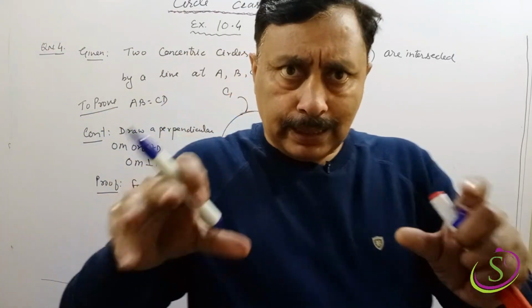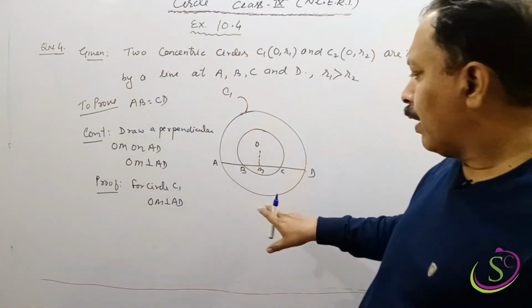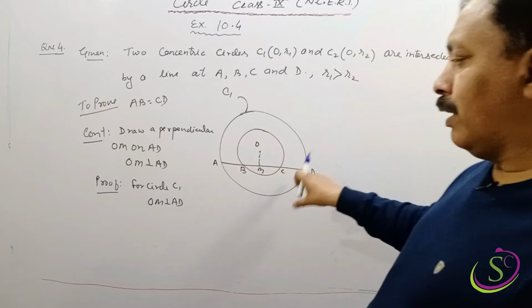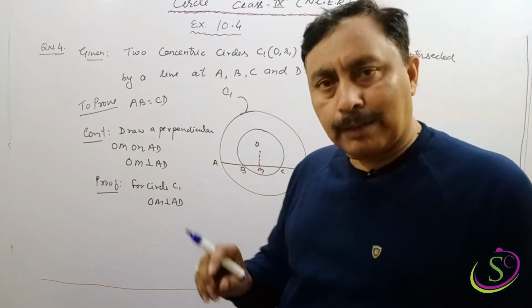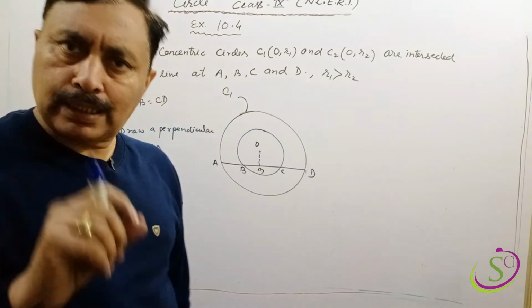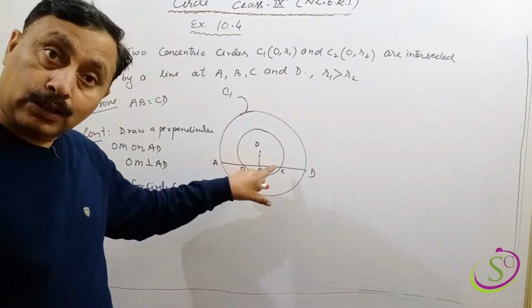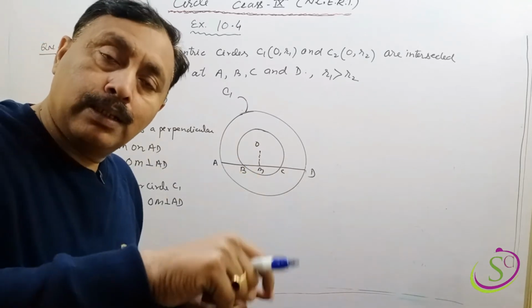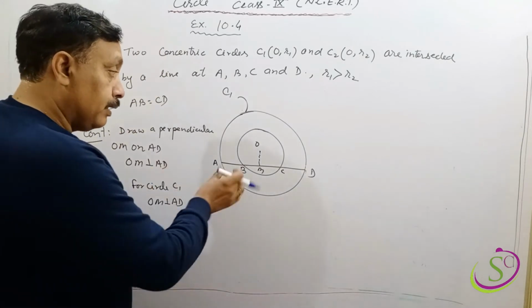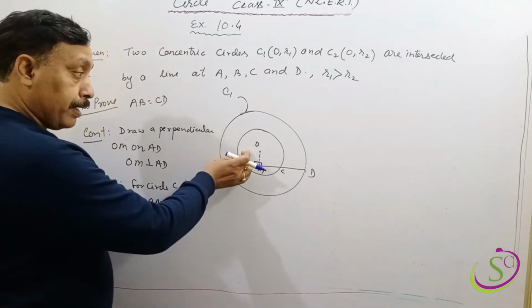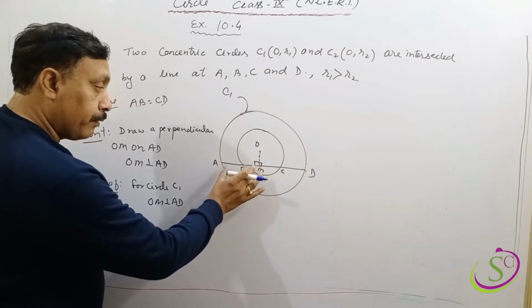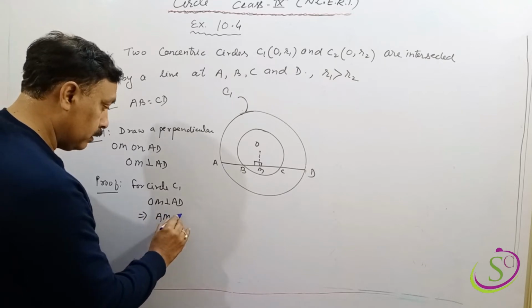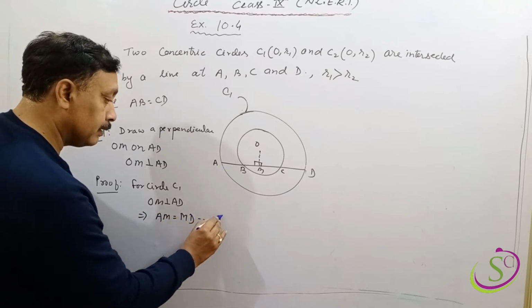थोड़ी देर के लिए जो smaller circle है इसको आप भूल जाइए, और आप देखेंगे AD is the chord of the larger circle and OM perpendicular to chord AD, and we know that the perpendicular drawn from the center of the circle to the chord bisects the chord. Clear? Perpendicular from the center to the chord bisects the chord. So here the perpendicular is this. So this perpendicular will bisect AD at M, means AM will be equal to MD, and that is 1.